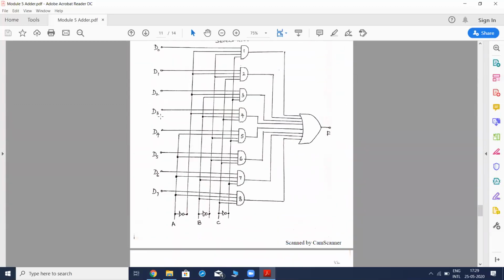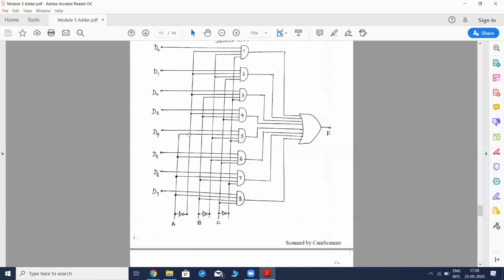You could observe that here we have the input A. When it is passed through the NOT gate, we will get A complement over here. This particular line is B complement and this particular line is C complement. One more thing is, in the logic circuits, if the lines are overlapping like this, it is not that there is a connection over there unless you write these small dots over there. Wherever you write these small dots, from that point the tapping is being taken. That is the meaning in the logic circuit.